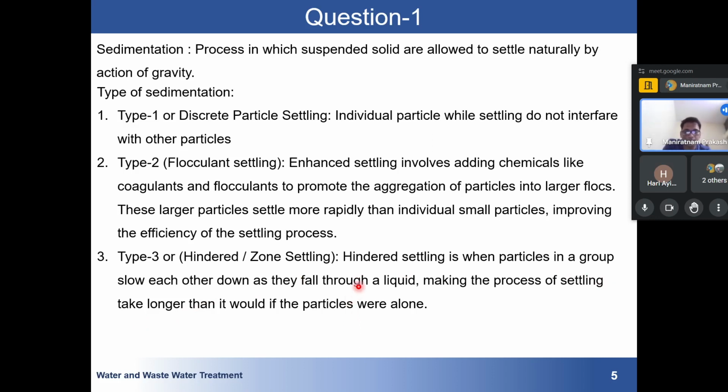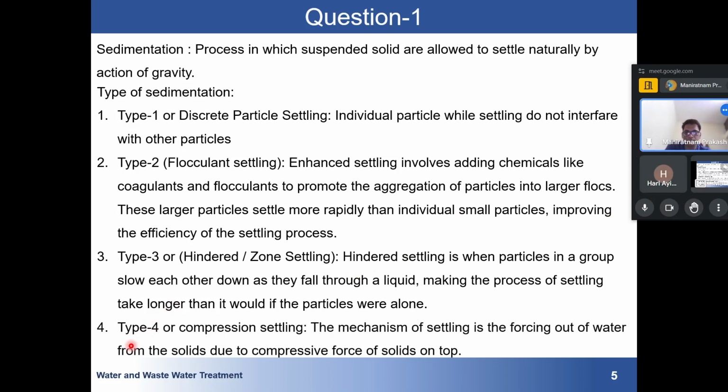From the name itself, it suggests there will be hindrance in the settlement of suspended solids. Last is type 4, or compression settling, where the particles which are larger,